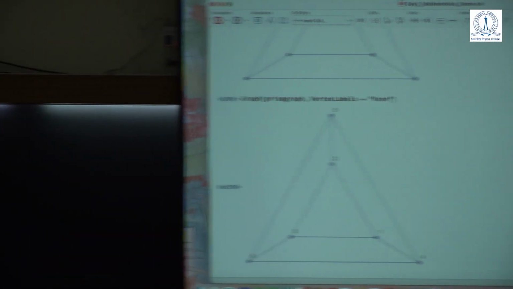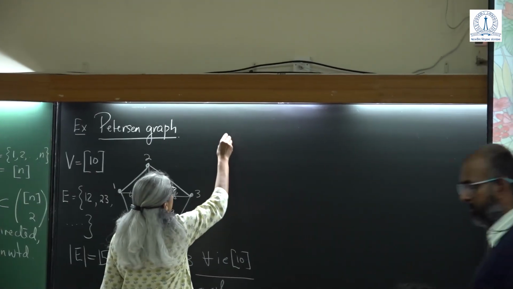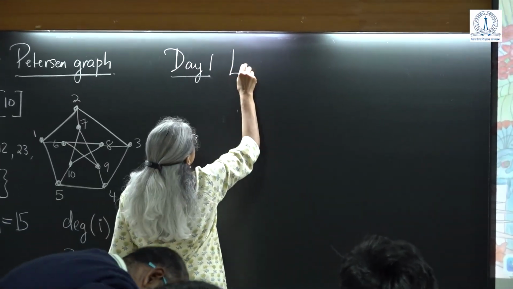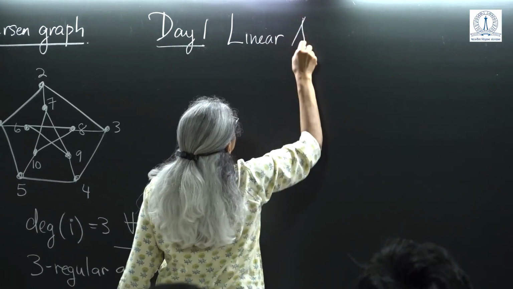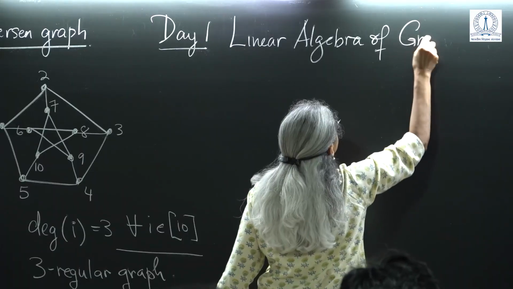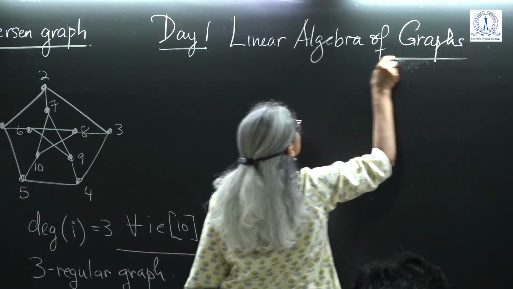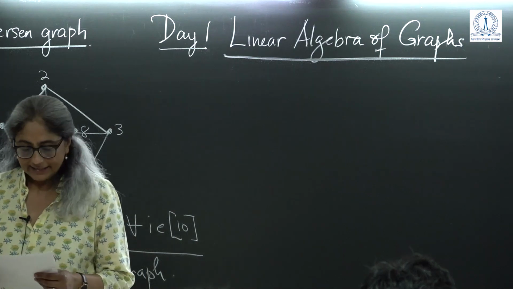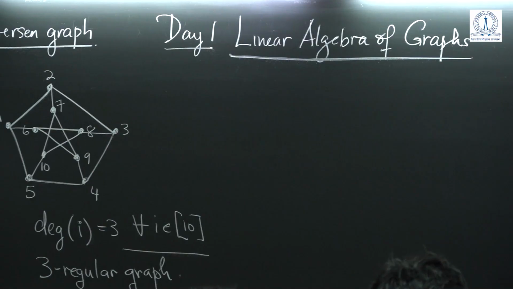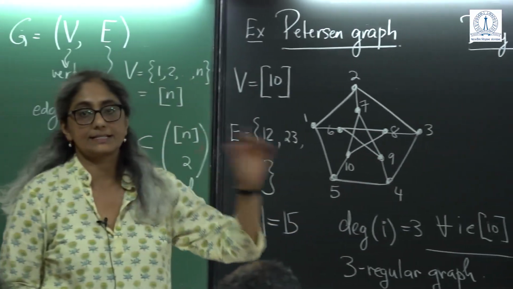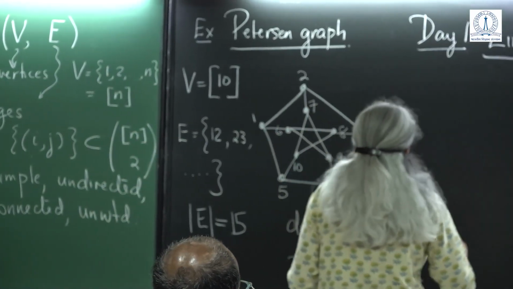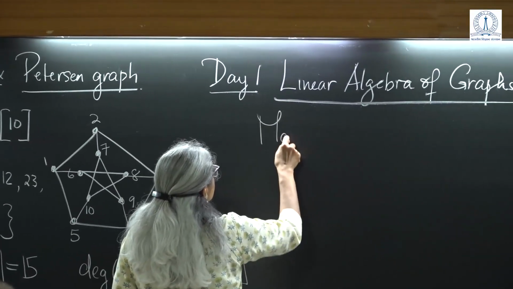So the whole day today is about linear algebra. So the topic for today is we're going to look at the linear algebra of graphs. Okay? All right, so to do linear algebra, we need matrices. So the first thing we'll look at is several different matrices that are associated to graphs. Good? So the first one is, let's look at matrices